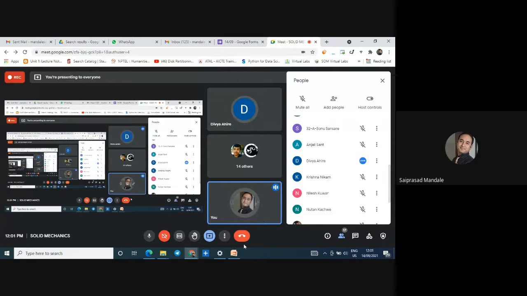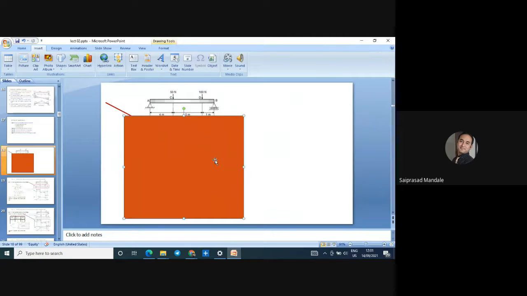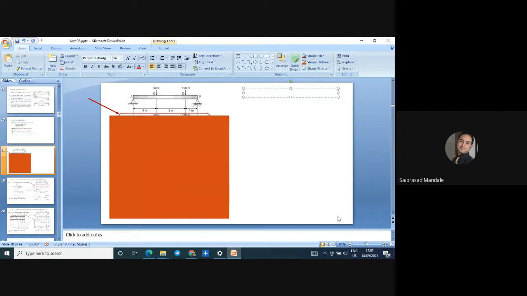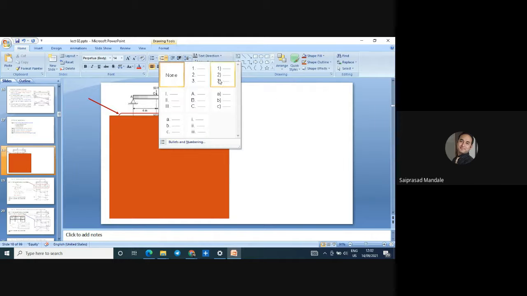Very good. This is the question that is asked to you, and this is the loading diagram given to you. They ask us to identify point of contraflexure and draw SFD and BMD. Now our target is set. Then how to solve the numerical? Everybody has to help me with this. What are the different steps to be followed in order to solve the numerical?